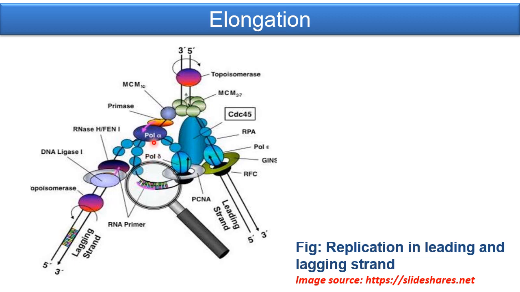And this is the polymerase alpha enzyme that I have already explained earlier, that polymerase alpha synthesizes the primers. So Okazaki fragments are produced only because of this loop-like structure. This loop is formed only to change the direction of the template strand, that is from 3 to 5 prime direction. So this is the elongation process.